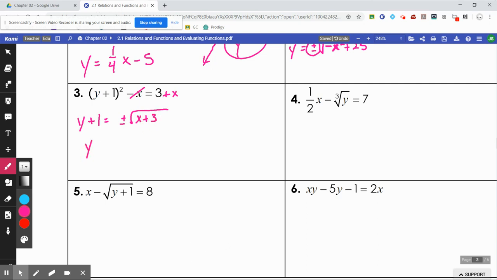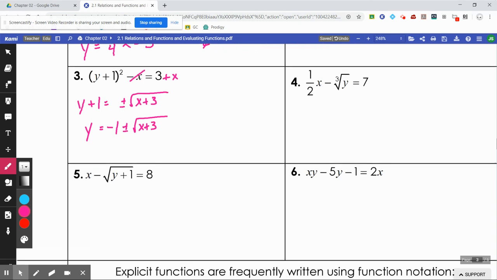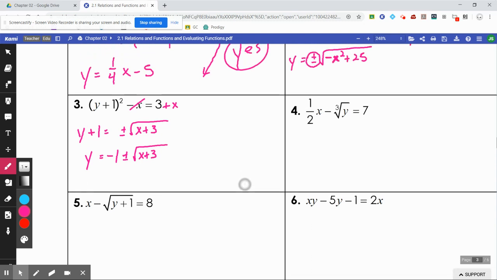And then we're going to move the 1 over by subtracting 1. That'd be -1 plus and minus the square root of x plus 3. Now this one's very similar to the last one. Is it a function? Let's see if we can figure out if it's a function without even plugging in,